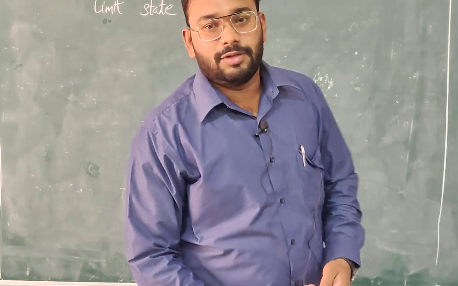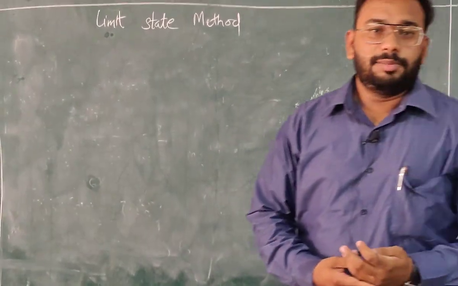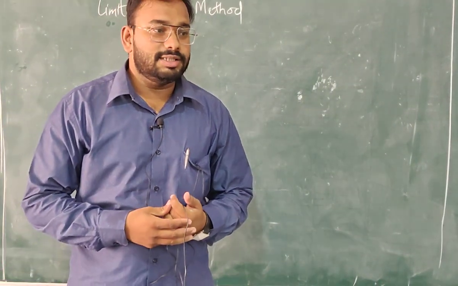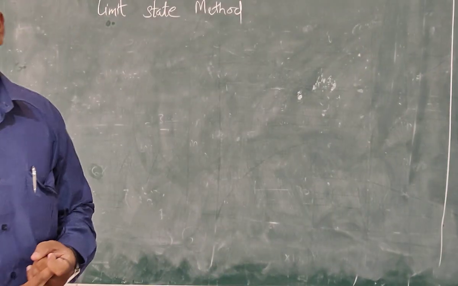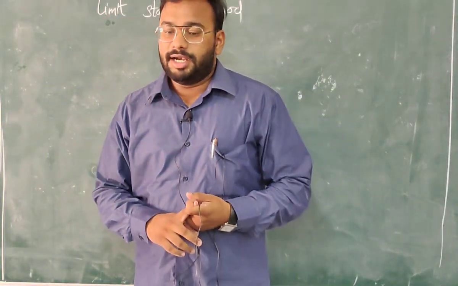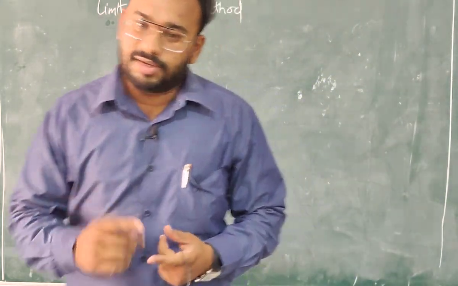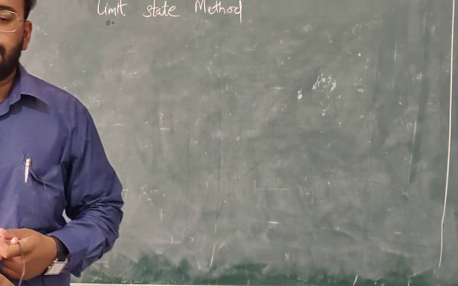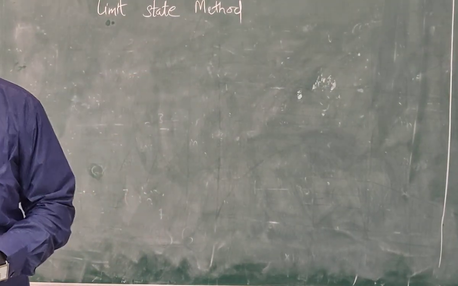So this is our second session of structural design, and today we will be discussing what is limit state method. The previous class I told you that we have three different methods of design. What are those three methods? Working stress method, limit state method, and ultimate load method. These are the three types of design methods prescribed. In India we generally follow limit state method of design. Working stress method was the previous method which was taught till last year, but for the revised syllabus working stress method is completely removed. Now you only have limit state method of design.